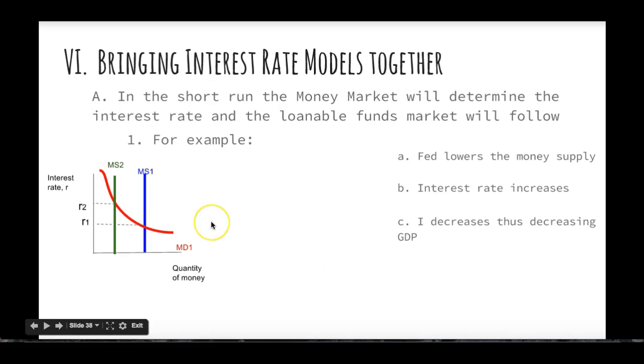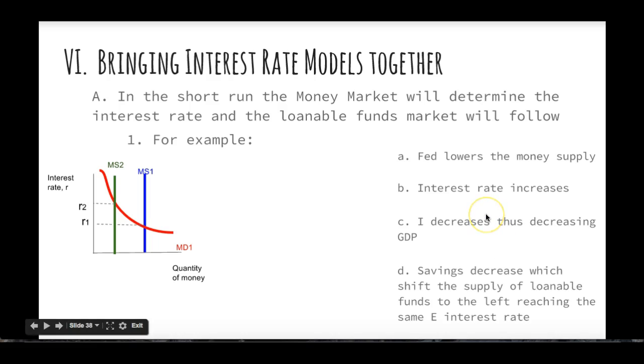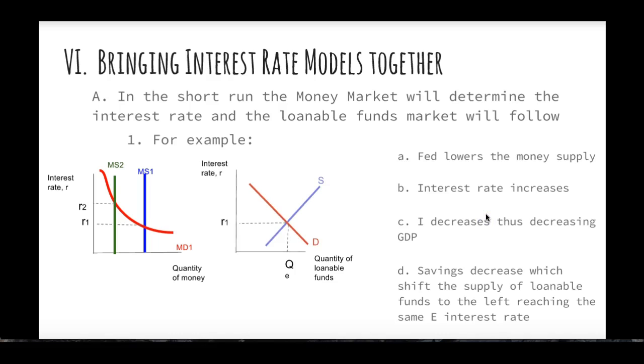So what happens? Well, when the interest rate increases, that means that the investment spending is going to decrease, because we're not going to want to go and get loans at that interest rate. And because investment spending is part of GDP, C plus G plus I plus X, it's decreasing GDP. Because GDP is decreasing, savings decreases. We don't have as much money out there, so savings is going to decrease, which shifts the supply of loanable funds. Savings is who's offering the supply of loanable funds, so we're going to shift our supply of loanable funds to the left,